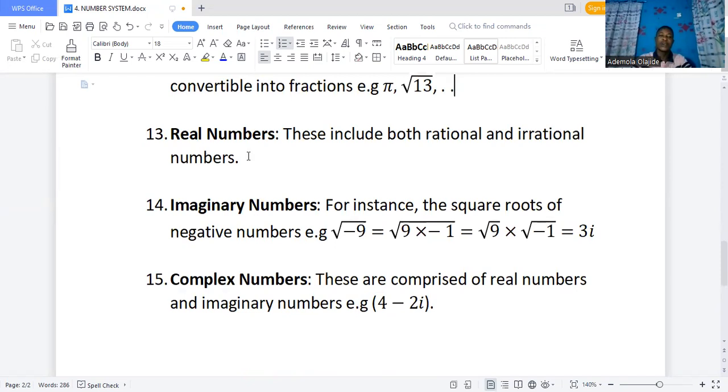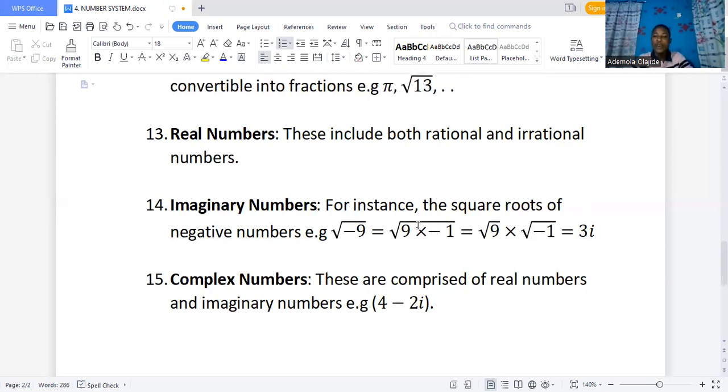Imaginary numbers. What number do we call imaginary? For instance, the square root of negative numbers. You won't be able to find a defined value for it. For example, the square root of -9. What number will multiply itself to give -9? You can't think of it. If you think of -3 times -3, it won't give you -9, it gives you +9. Therefore, the square root of -9 is imaginary, unless we imagine it. It's not something that we can say this is the exact value that I want to give to it.